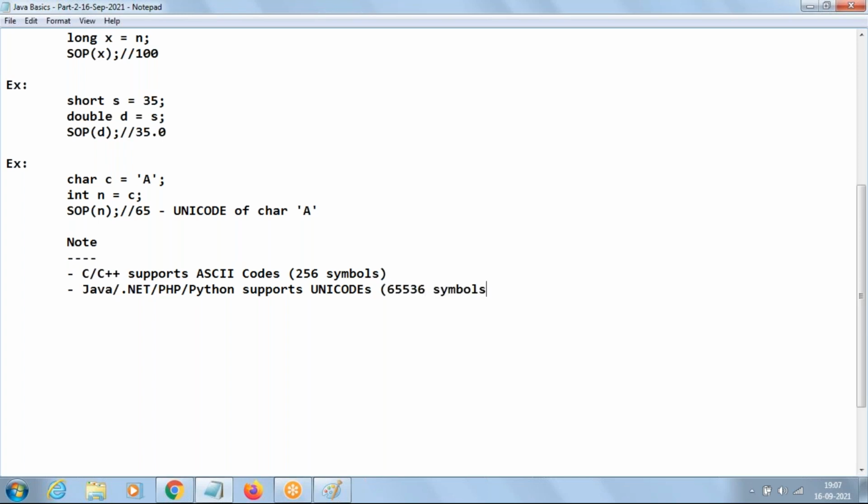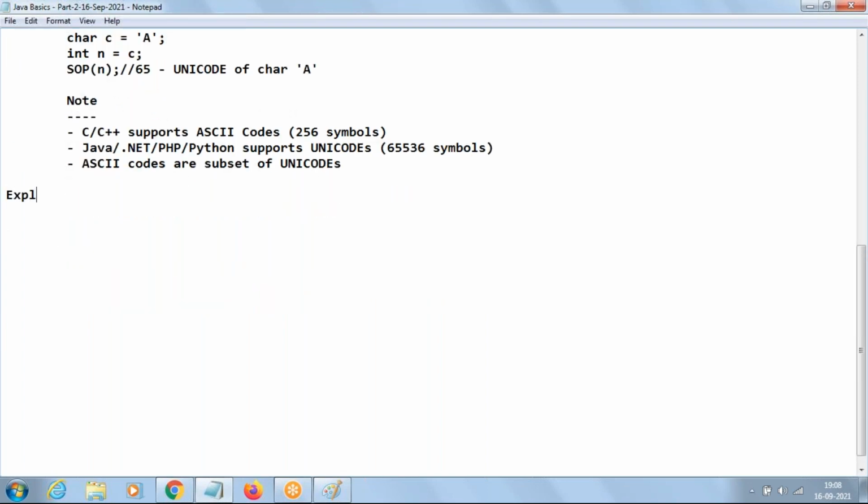Whatever the ASCII codes we have, that code will remain the same for Unicode also. So if you say 65, we can say this 65 of character A is either ASCII code or Unicode. Both the meanings are same. ASCII codes are a subset of Unicodes.